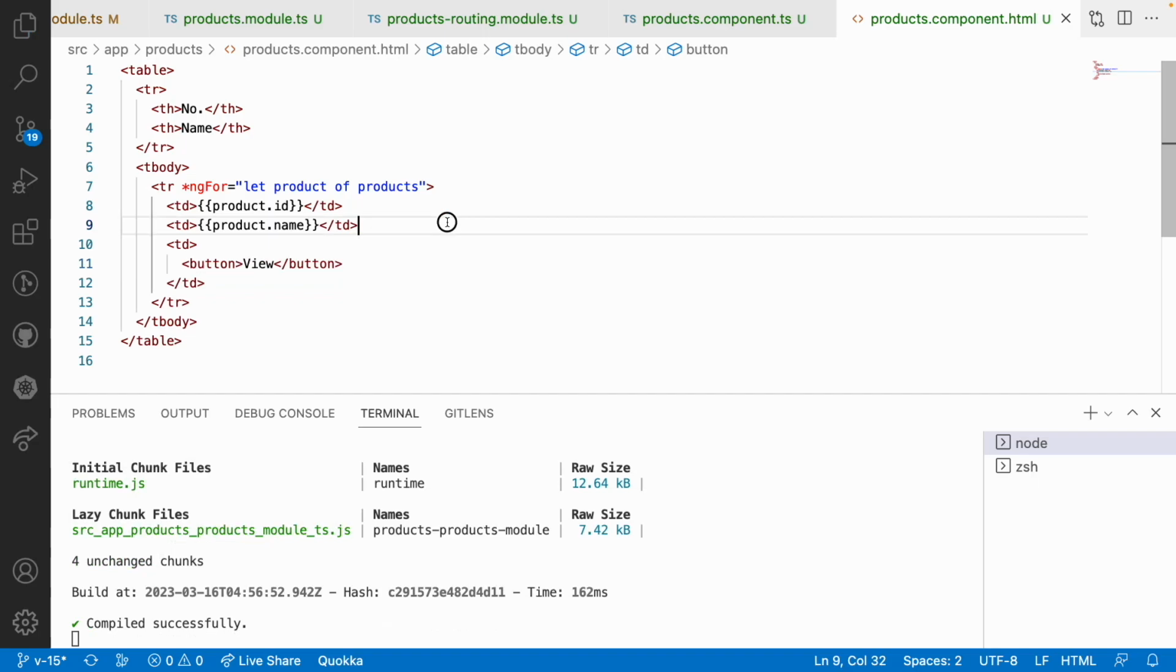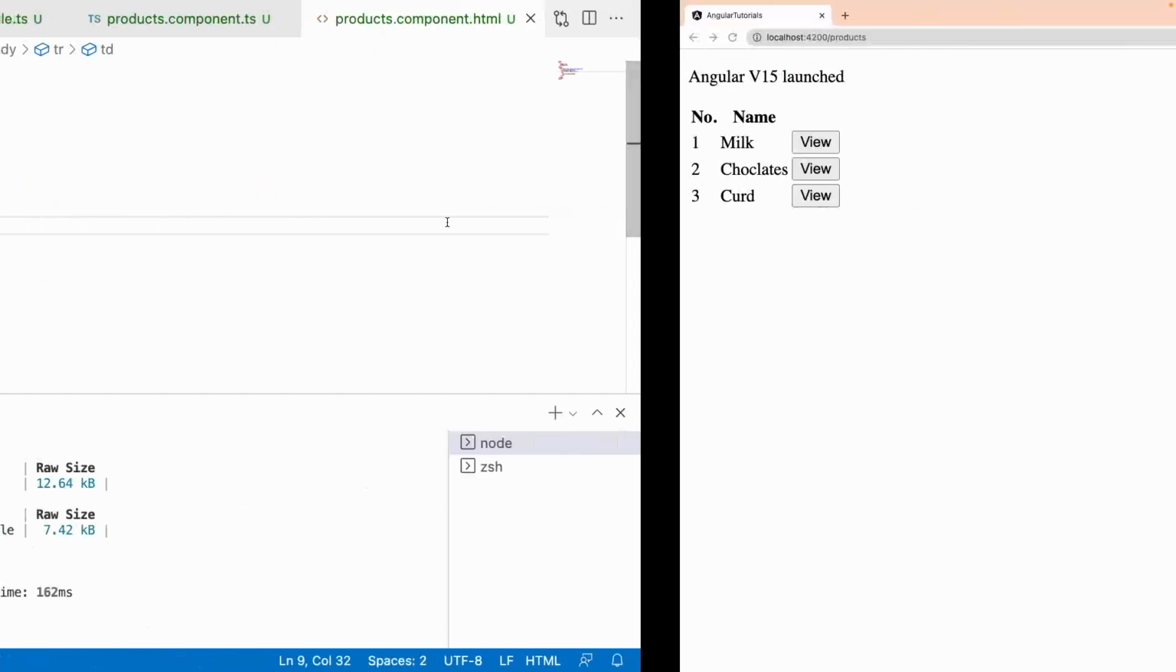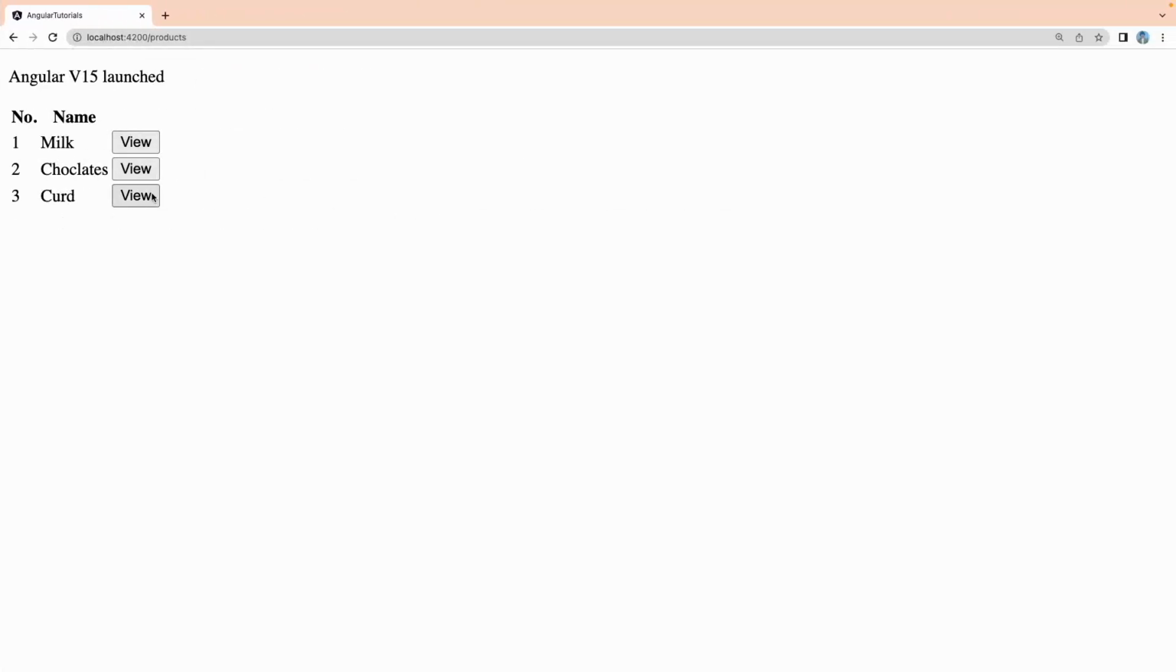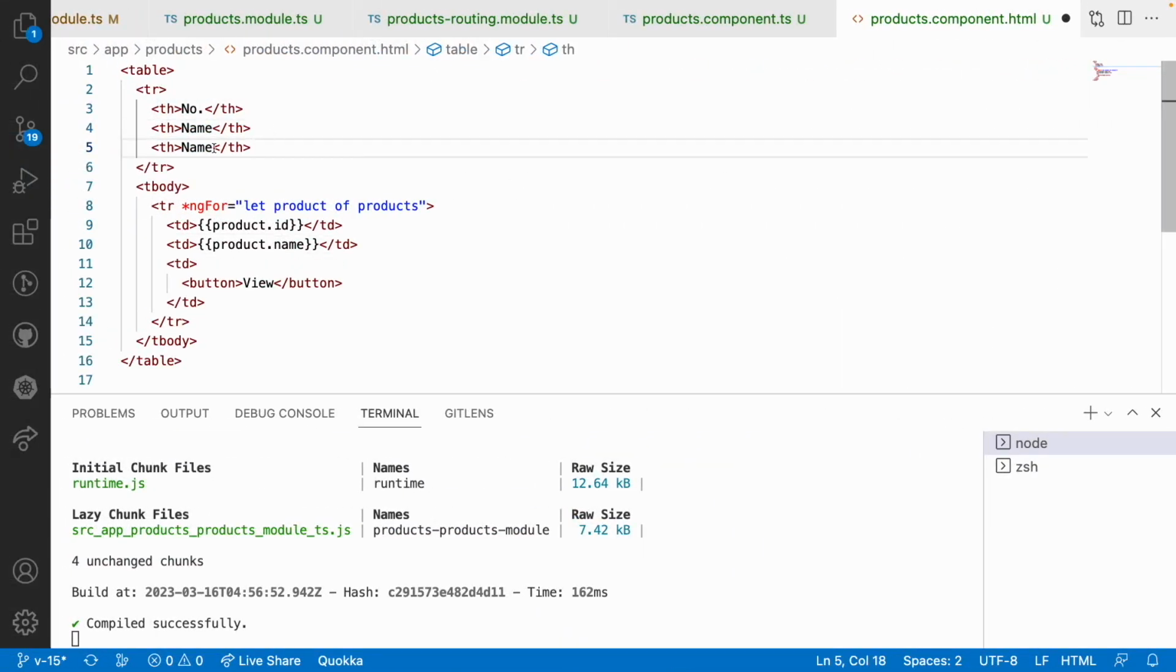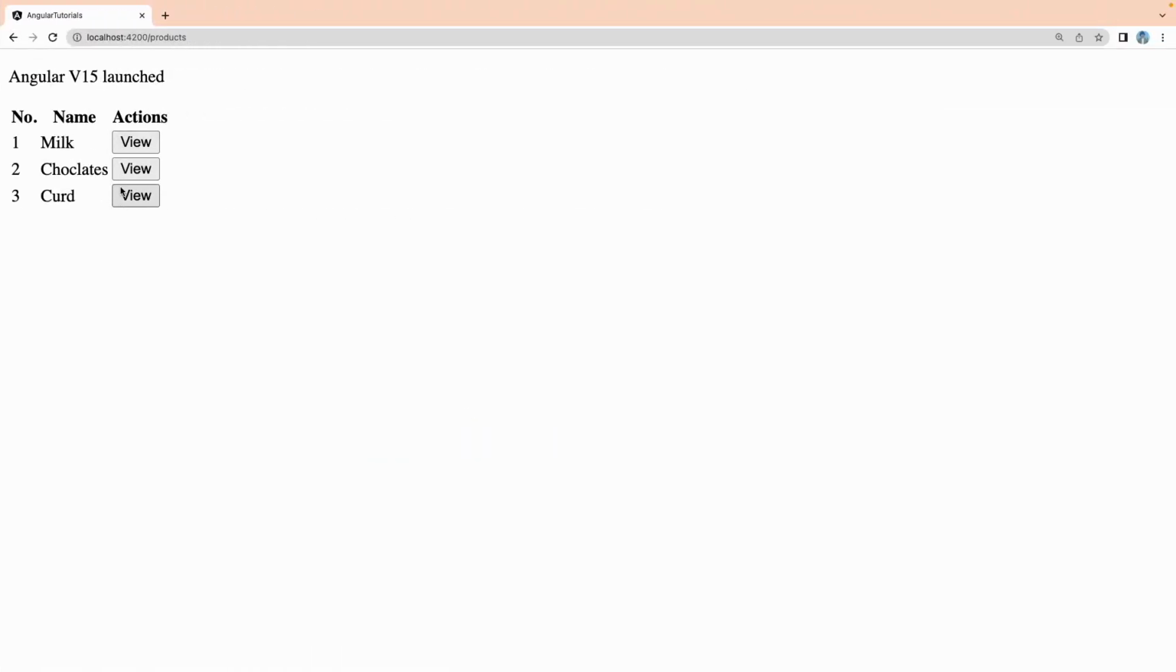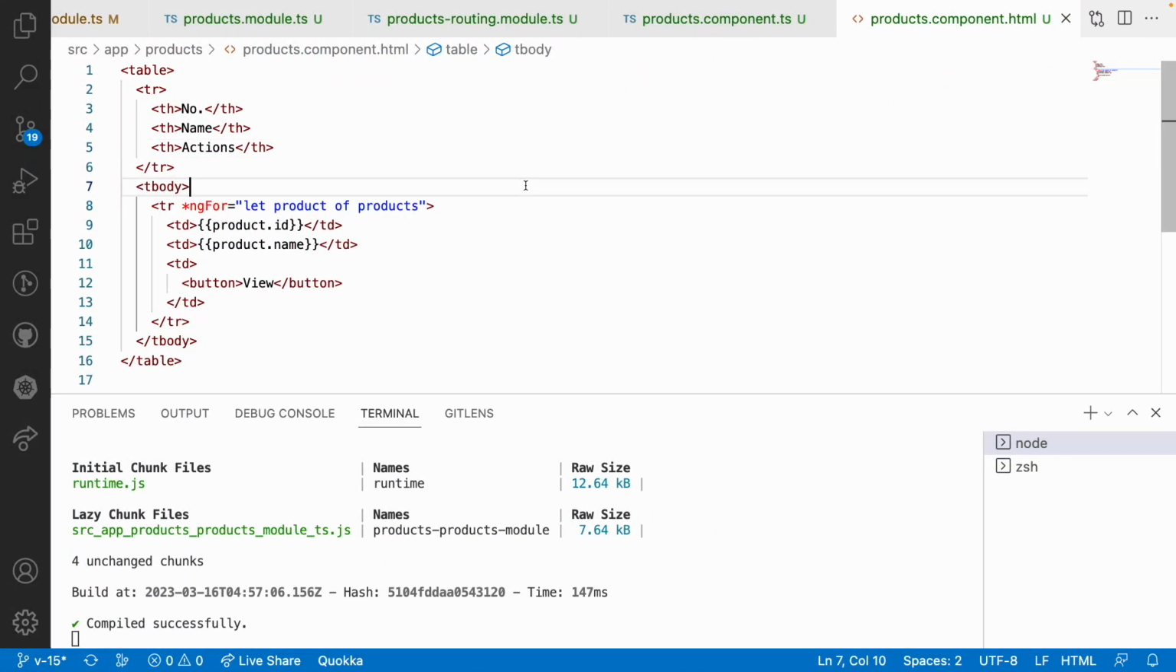And save this. Let's see how it looks in our UI. Let me go here. You can see view and all this, but it is not properly configured. For that sake, let me copy this and create something like actions and save this. Now you have 3 columns and 3 rows. This is not properly aligned. So for that sake, let me go into